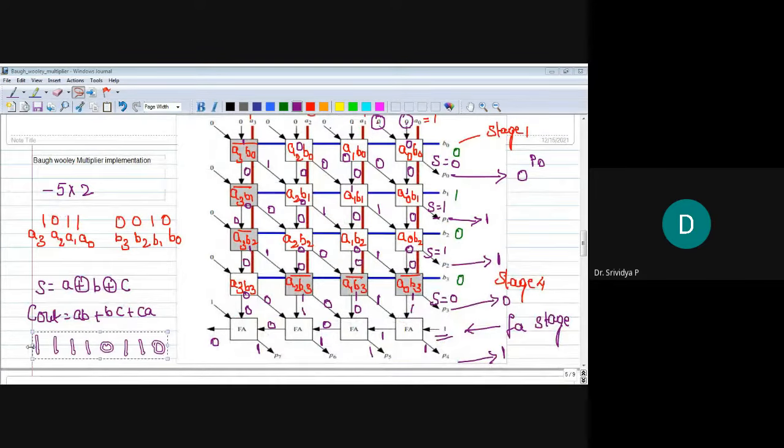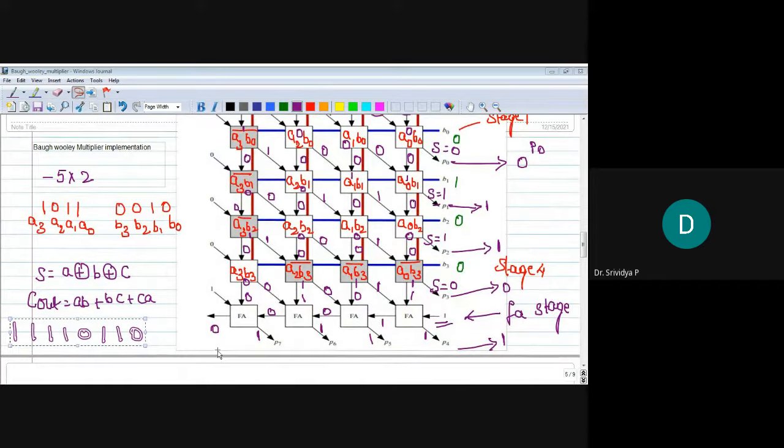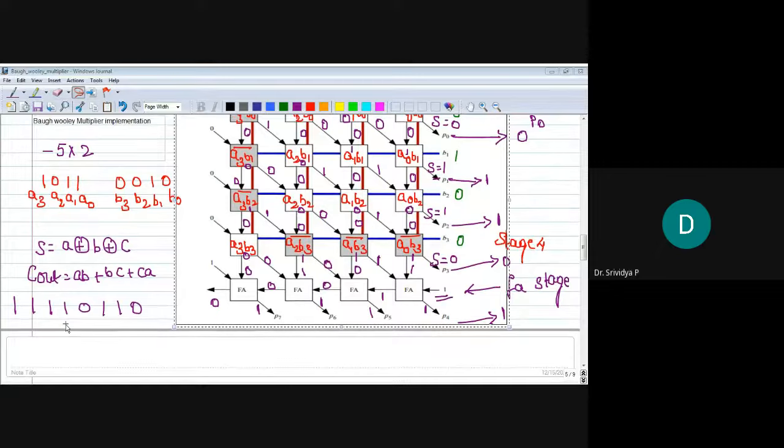I'll paste it here so it will be easier. See, P naught bit is a 0. Here also it's a 0. Then it is a 1, 1, 0, 1, 1, 1, 1, which is 8 bits product.